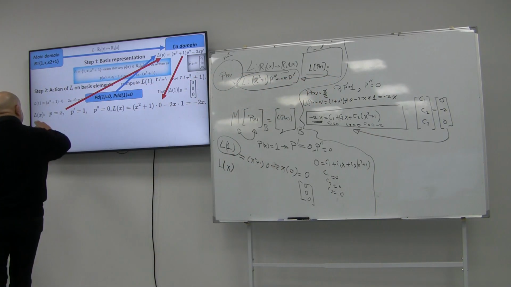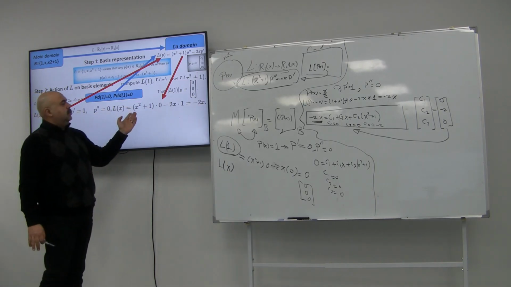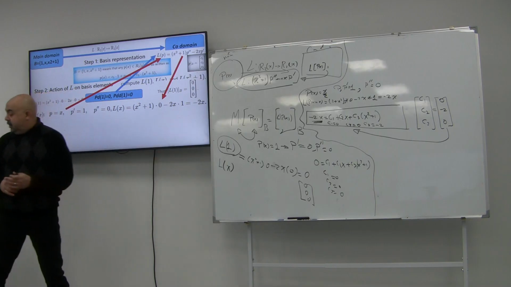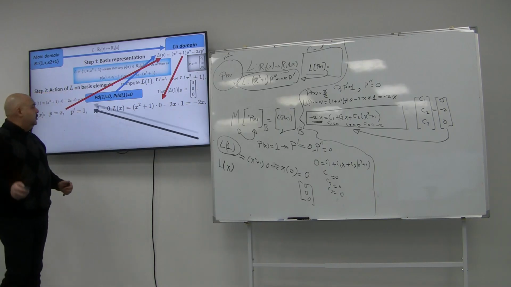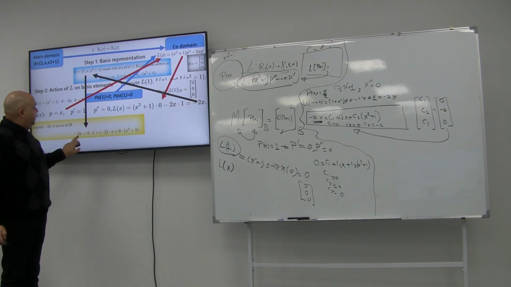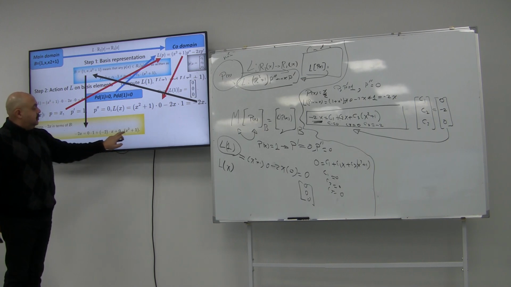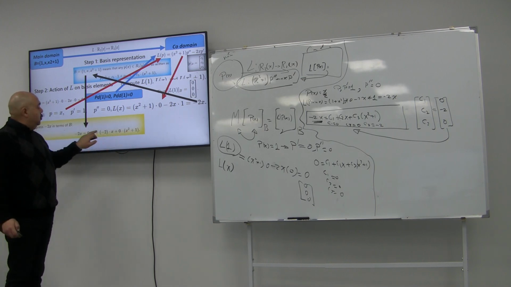And this is completely stated here. This is b of x, b dash, b double dash. Just start making the substitution, and you will end up having negative 2x. So negative 2x was relative to this basis. It's going to lead to the following: negative 2x equals 0 times 1, negative 2 of x, 0 times x squared plus 1. So, which leaves us